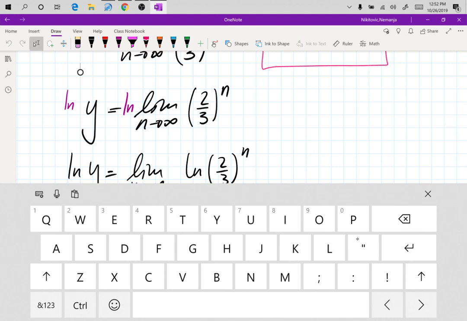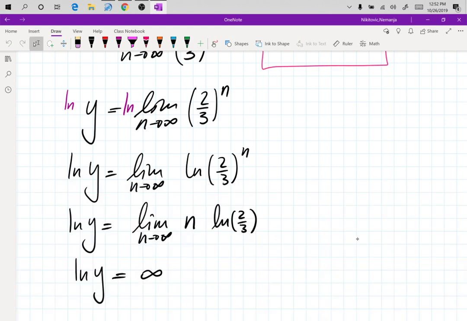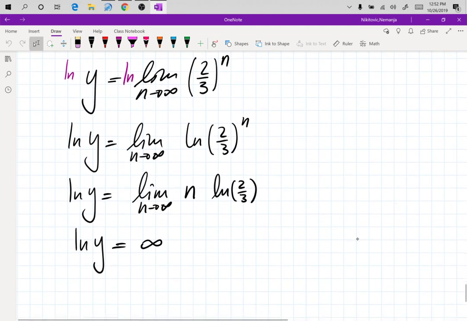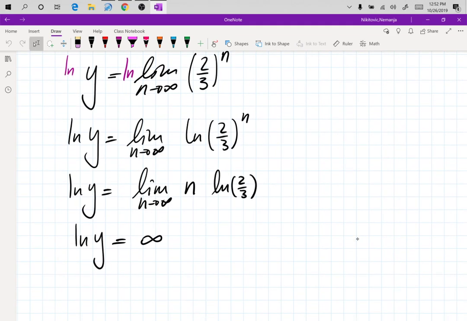All right. So what now? My brain hurts. Your brain hurts. It does. It always hurts. So then this is divergent. Hold on. We have ln y going to infinity. It's ln y goes to infinity. So see, guys, if you draw the ln graph,